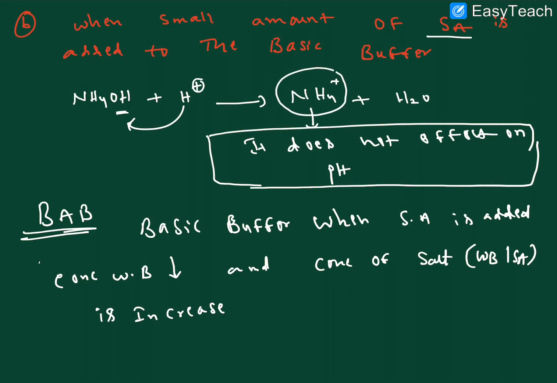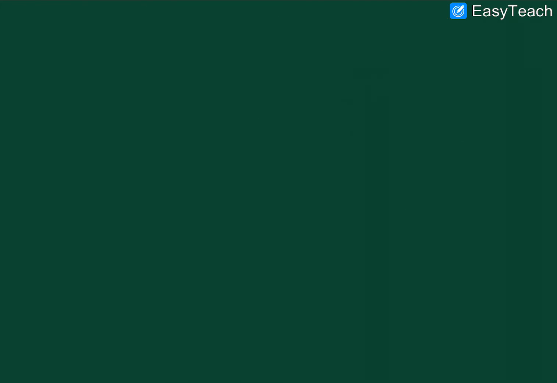I hope it is very clear, right? So this concentration readily combines with chlorine, forming the salt of weak base plus strong acid, so this concentration increases. This concentration decreases due to the hydrogen ions, nothing but H plus ions, combining with the weak base. I hope it is very clear. This is the mechanism, so this is how the pH is resisted whenever we add a strong acid or strong base to acidic buffer or basic buffer solutions, right? I hope it is very clear.